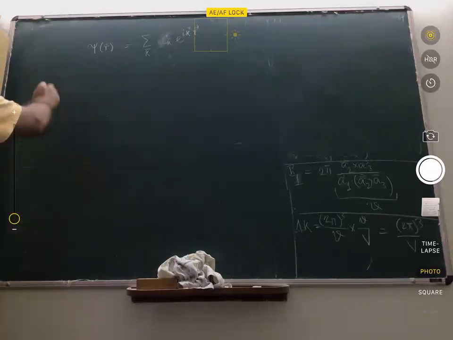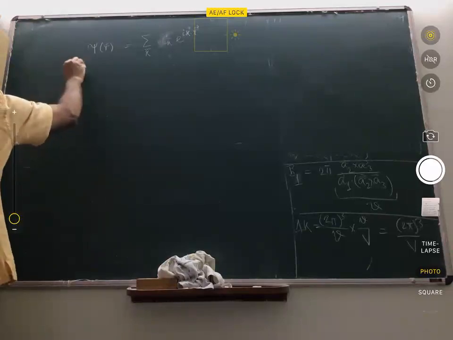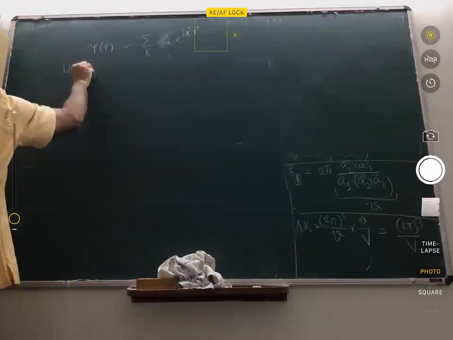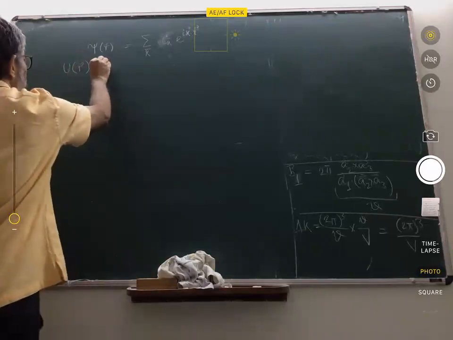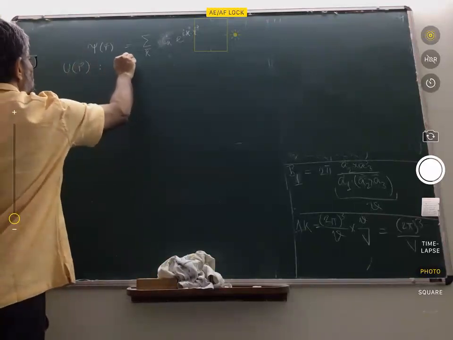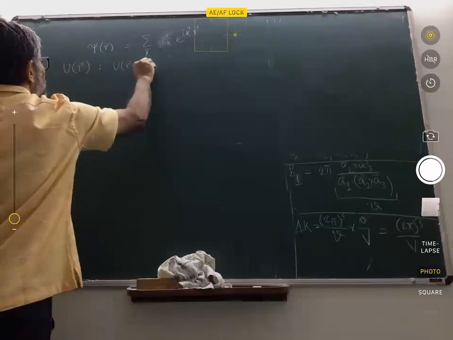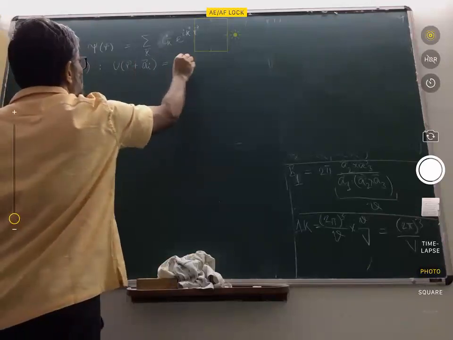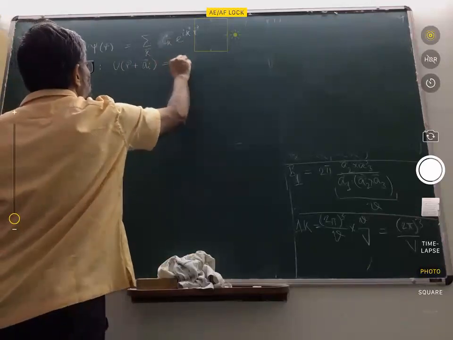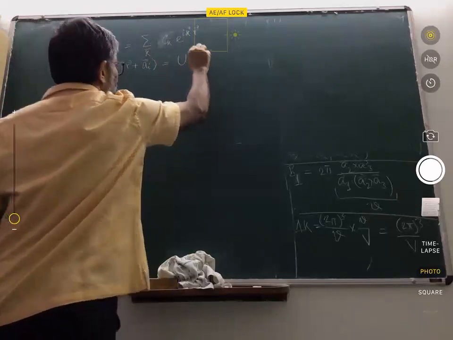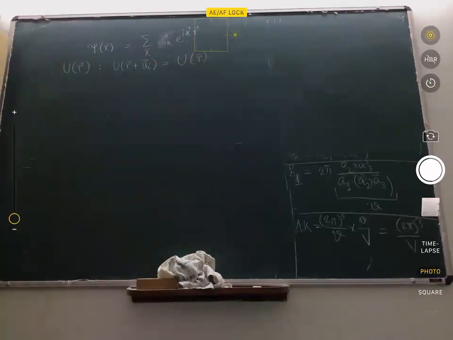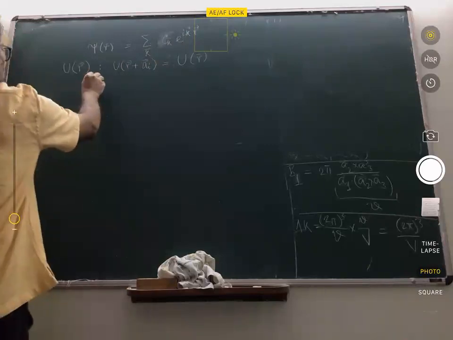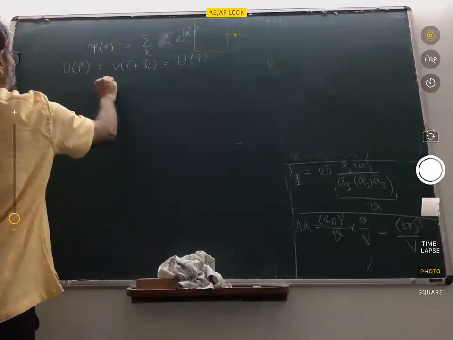And then these electrons are moving in a periodic potential. All that we are saying is that if you translate by any integer multiple of a, you get the same potential. So the Hamiltonian has this discrete translational symmetry, but more importantly for us here, U of r